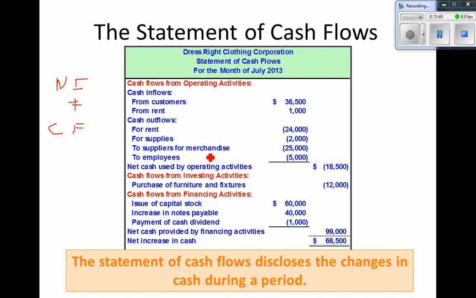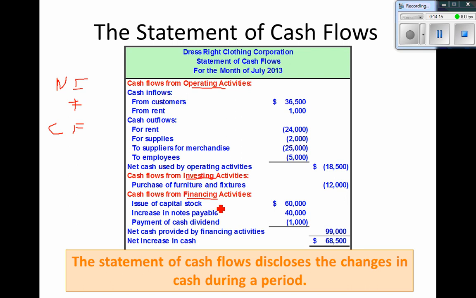The statement of cash flows breaks down the inflow and outflow of cash by operating activities, those things we do on a day-to-day basis. Investing activities, that is the purchase or sale of operational and investment assets. And cash flow from financing activities, these involve our capital structure,